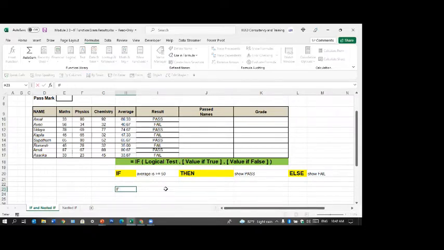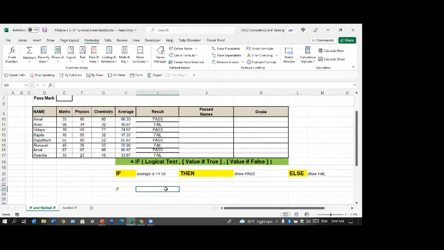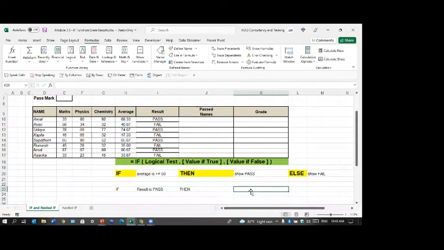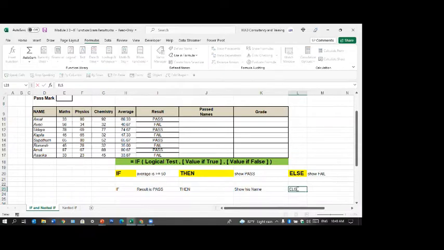If the result is pass, equal to pass, then show his name. Else, otherwise, show blank.